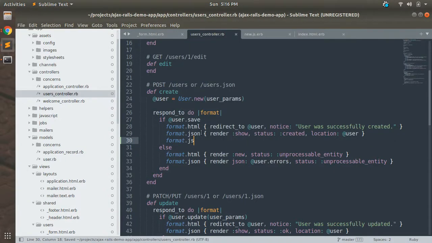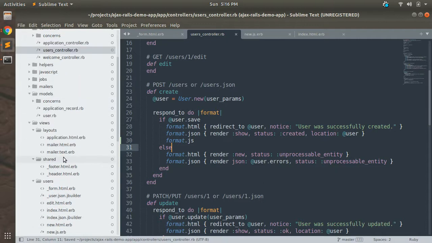Because when I submit the form as HTML, it renders the result in HTML format. When I submit the form as JSON, it will return the JSON response. Now I'm submitting the form as JS, as Ajax, so I need to handle it via some JS response.